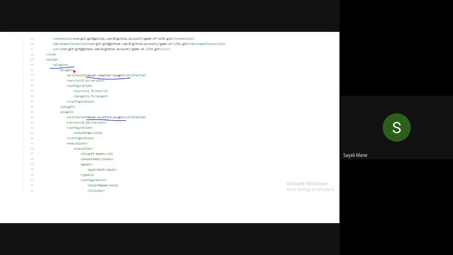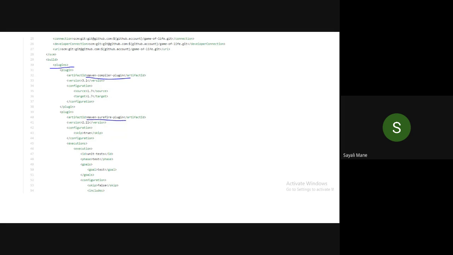See, artifact ID here means the name of the respective plugin. My plugin is the Maven compiler plugin, which means the compiler plugin is used. Next, the Surefire plugin is also used. If you scroll down, you will see each plugin with its name, so all the information related to plugins is in the XML file.